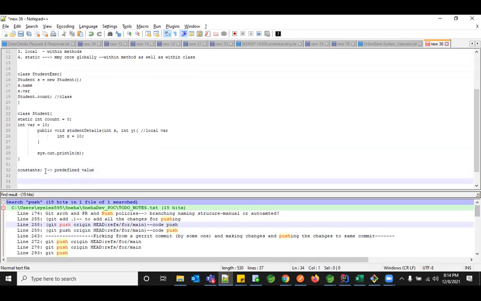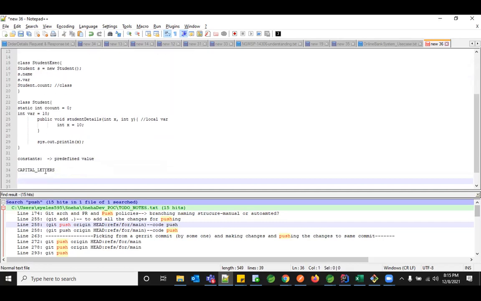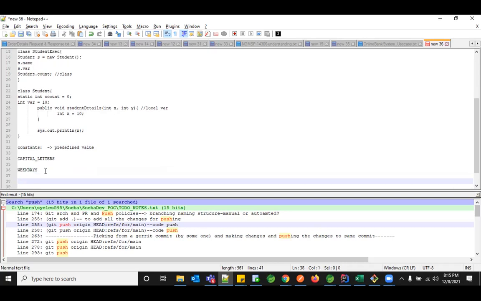Okay, those constants you can always declare in the form of capital letters, separated with underscores. So basically, for example, in your week, you have 7 days, right? You can actually represent that as WEEK_DAYS, or if you wanted to have the constants within that, say I can say it as MONDAY, TUESDAY. All these can be represented in capital form.